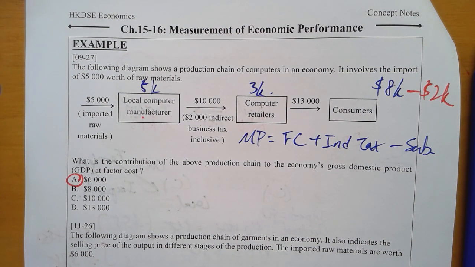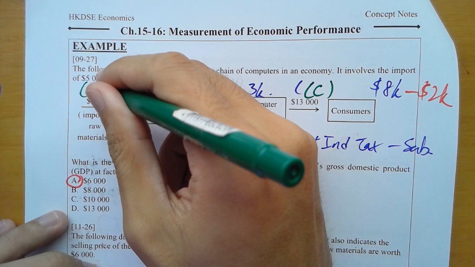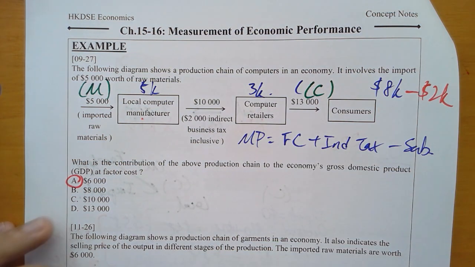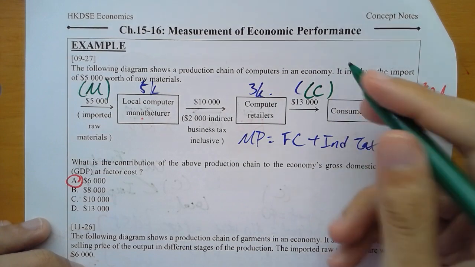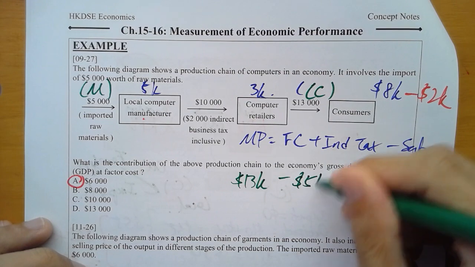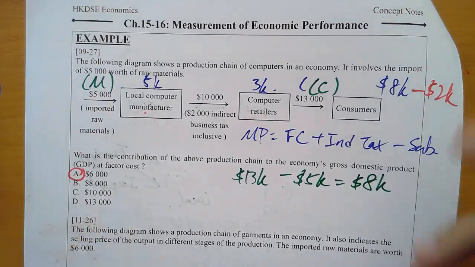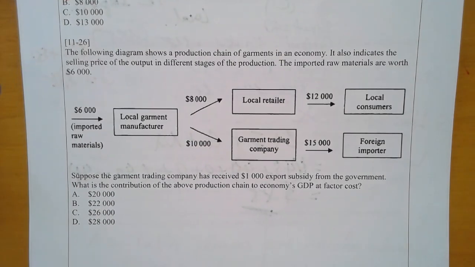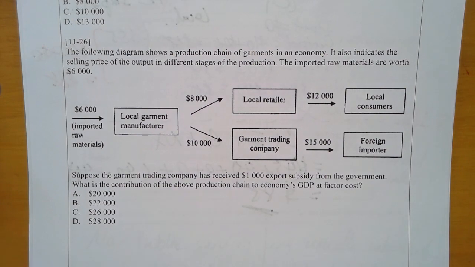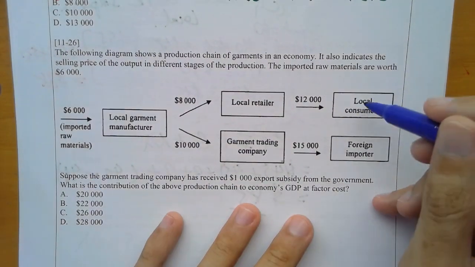Now, therefore, in fact, we need to minus 2K to get the answer of A. Okay, 得唔得？Now, using expenditure approach also okay. Now, expenditure approach, this would be C and this would be M. Other things irrelevant. Okay, so we will also have this 13K minus 5K, and that would give us 8K, and the same minus 2K to get factor cost. Okay, 一樣嘅方法。Now next, now this time, let's do it the other way round. We do expenditure approach first. 好嘛？我哋睇 expenditure approach 先。